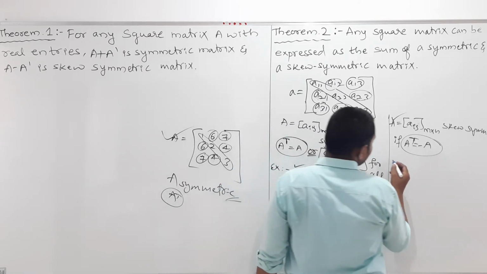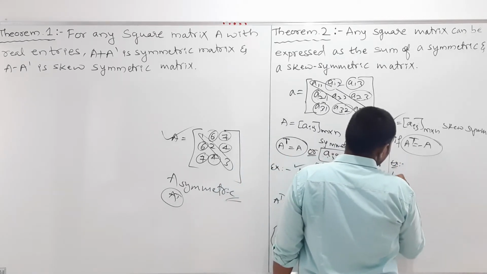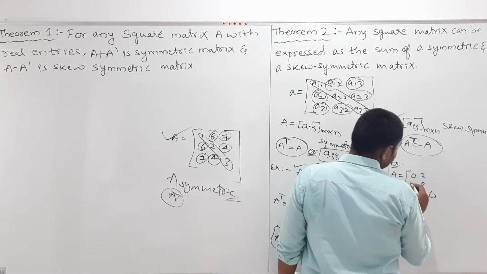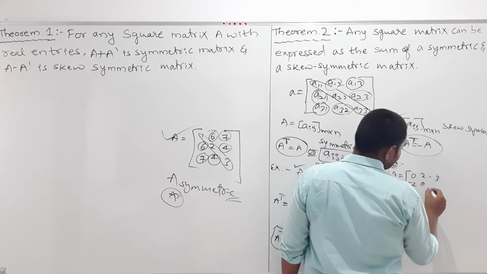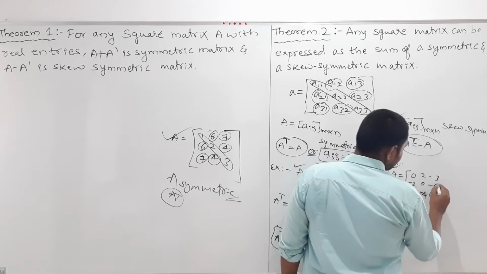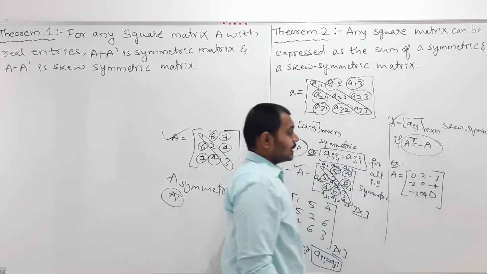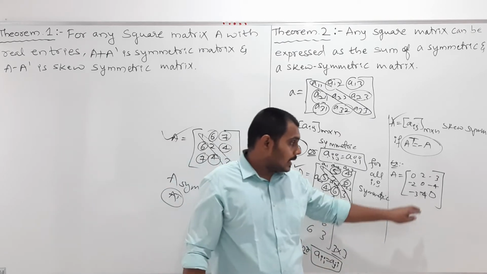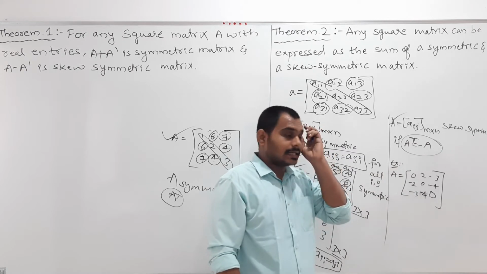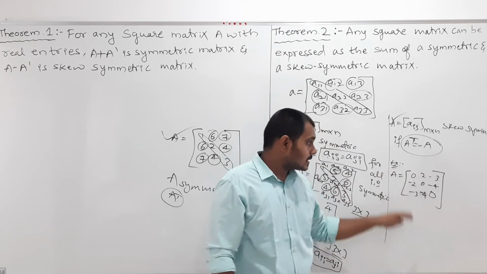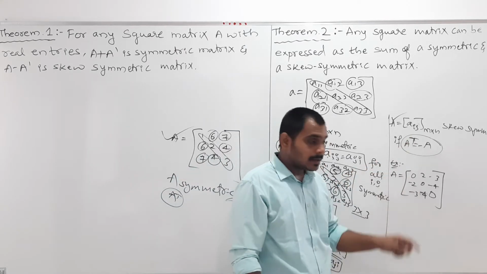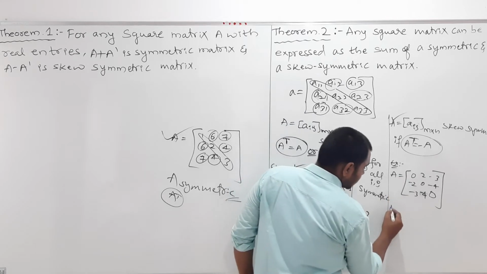Again here I will take one example. What is that? I will take one example. A is equal to... my dear students, now I am saying that directly I wrote the example for the skew symmetric only. How to write that I will discuss later. But as of now, please see here this is the one matrix A I took. This matrix A is said to be skew symmetric if I take the transpose of this. What is the transpose of this?